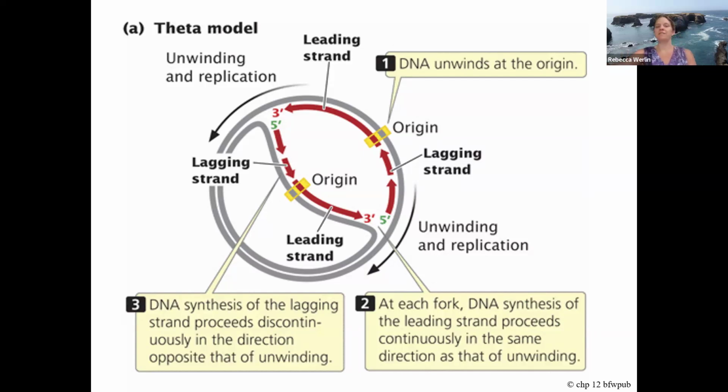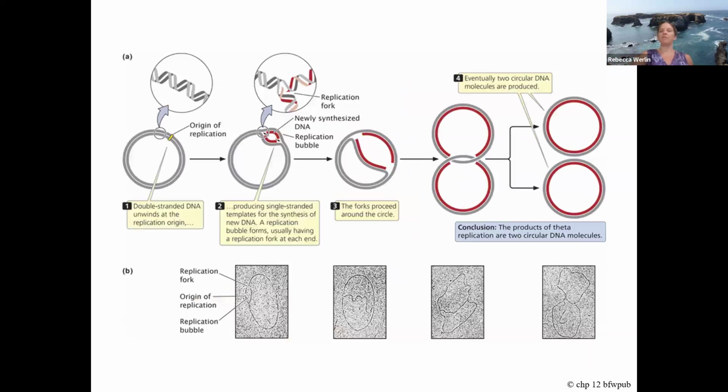And as you can see, that will continually replicate through, and you're going to get two new strands of DNA at the end. And for prokaryotic cells, it goes around and around and around. And you can see the origin of replication. You have that newly synthesized DNA bundle opening up. As you can see, the forks are proceeding around the circle, and you eventually get two circular DNA molecules at